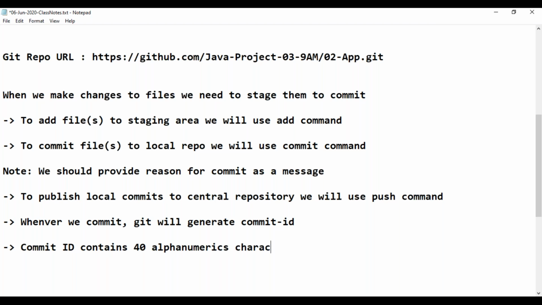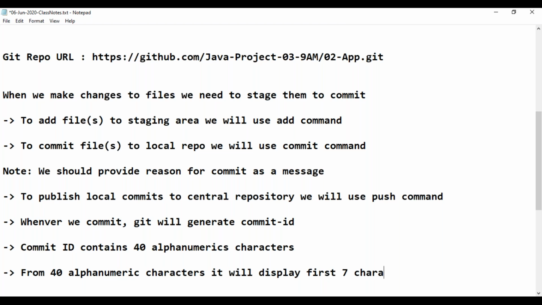From these 40 alphanumeric characters, it will display the first 7 characters to us. That is a commit ID.